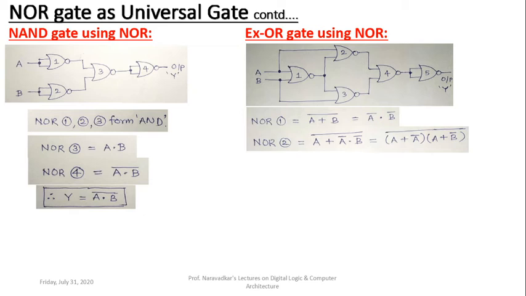So the right side equation ultimately becomes 1 dot something, which is that something itself. It means the output equation, the right side equation, will be A plus B bar, only a single bracket and the whole complement. So we write here the corresponding equation, which is A plus B bar whole complement. Only one bracket will remain there because the first bracket term A plus A bar is effectively 1.